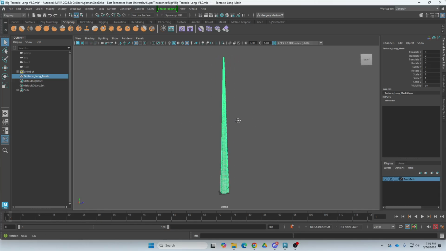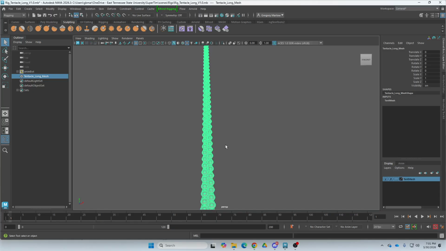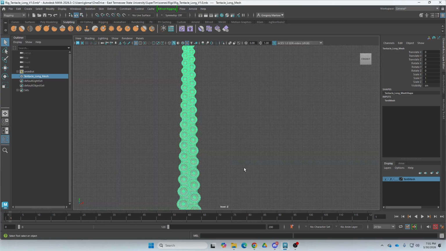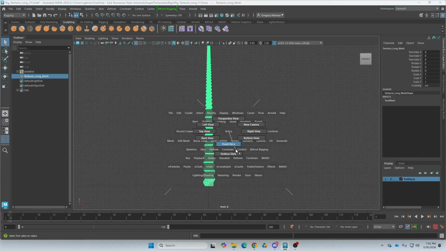So the way this works is I'm going to use a different type of deformer on this. And so again, I'm not making a new rig. What I'm doing is I'm making something that will allow me to animate a piece of mesh in a specific way, right? So it's not necessarily a rig as much as an animation solution. So I'm going to go to the front view, and what I really need first is